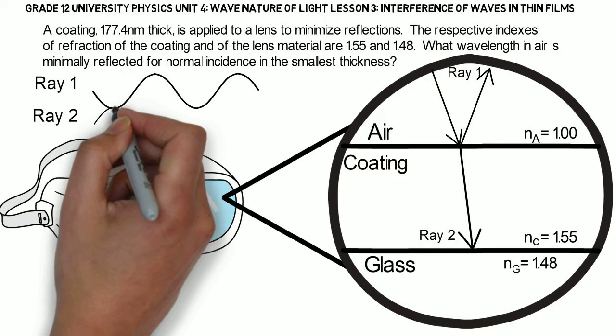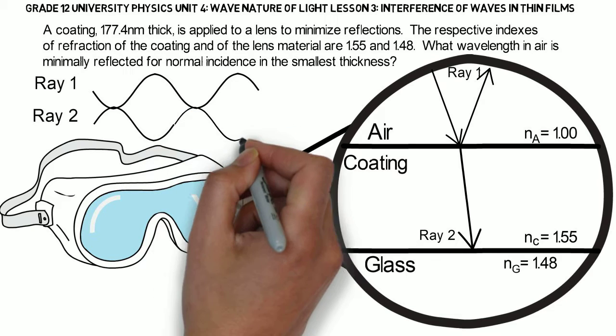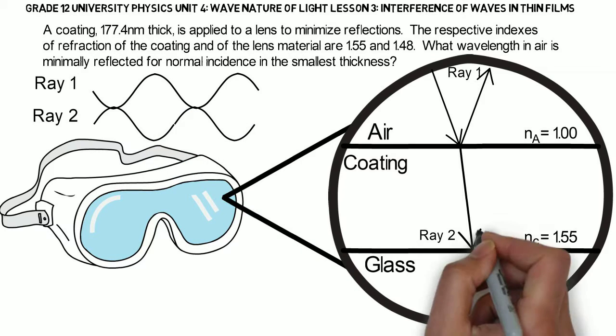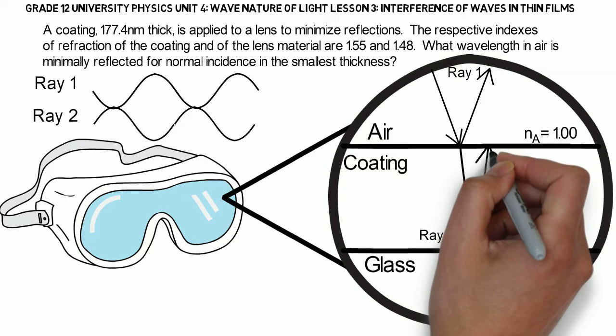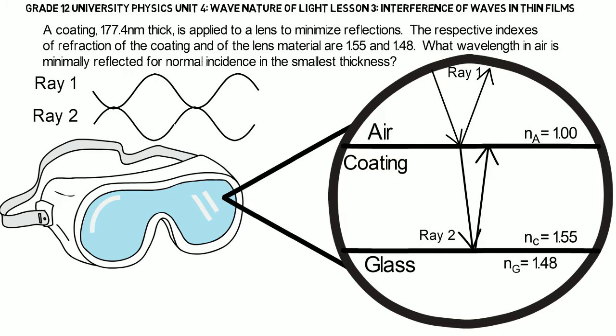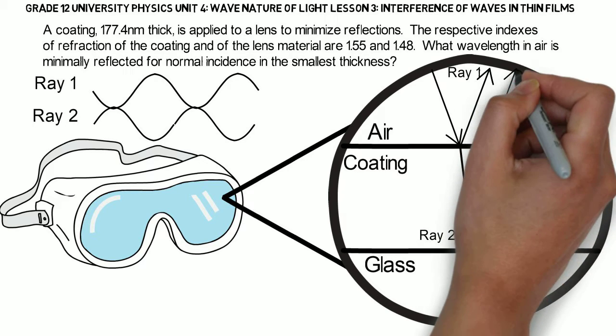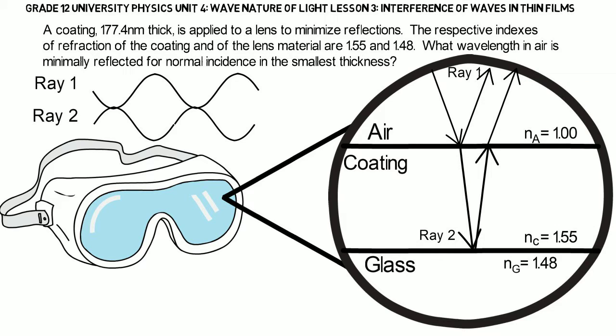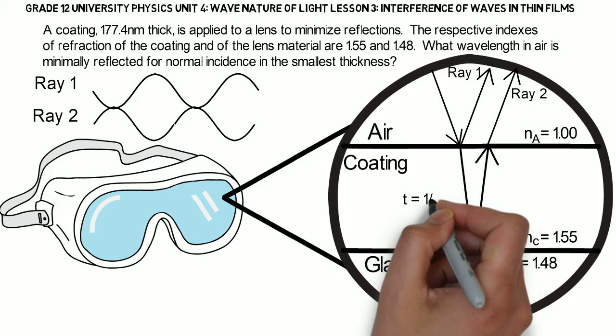Similarly, when the second ray reflects off of the glass and comes back, it's reflecting off of a material with a lower index of refraction, and again, does not get inverted. So here we have ray 1 inverted and ray 2 not inverted, but ray 2 has an additional path to